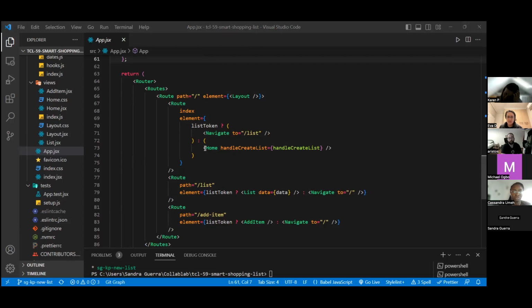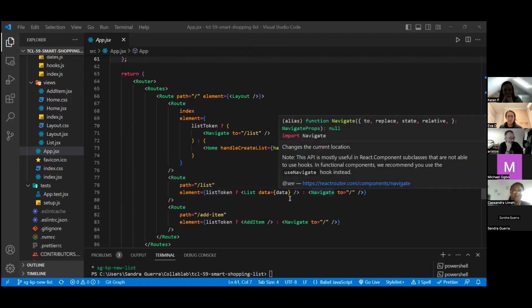If the variable list token is true, it will navigate to a route with a path of list using the navigate component from the React router. Otherwise, it will render a home component and pass it a function called handle create list. And the same for the other ones, we'll also use the ternary operator to do the same.